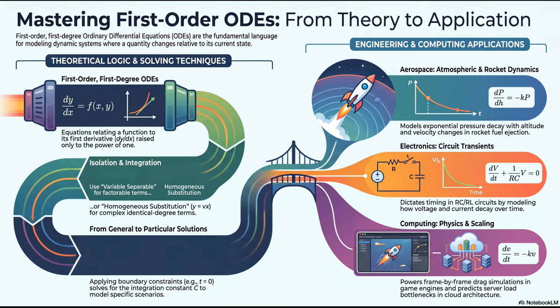Well, here is why it works. Because every single term in the original equation has the exact same total degree. Let's say they are all squared. When you substitute v times x in place of y, every single term now contains an x squared. I see where this is going. Because they all share that x squared now. Exactly. You can literally just factor the x squared out of the entire equation and divide it away.